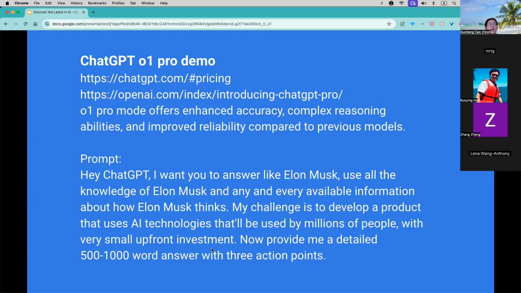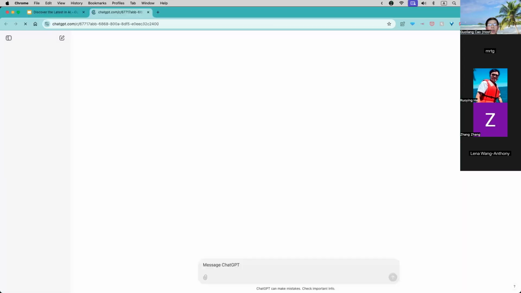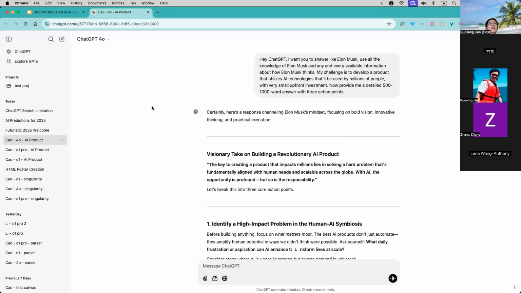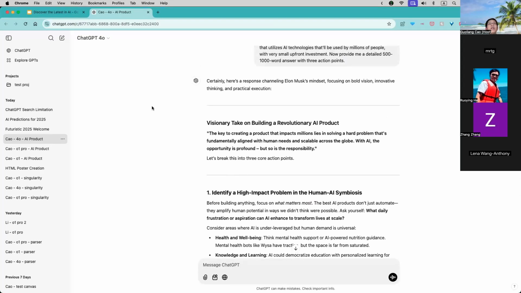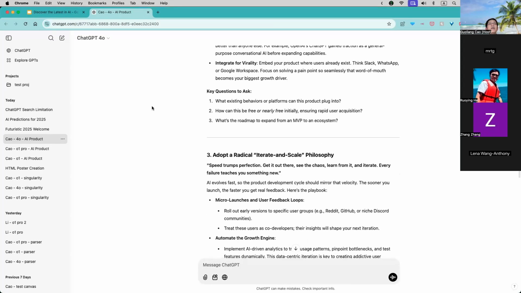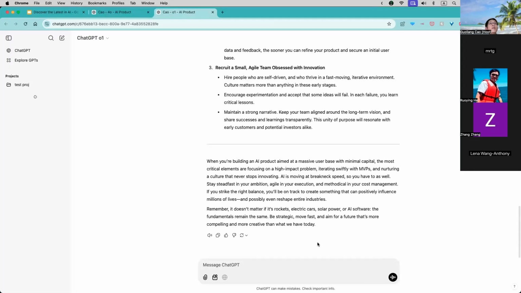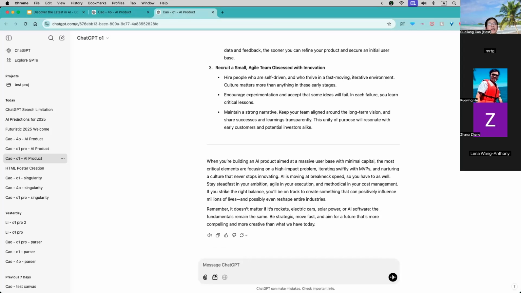And I ask it to give me a 500 to 1,000 word answer. Now let's see how those go. So this one is 4o. It did also give a very long, very detailed plan. And for O1, this is O1. And let me open O1 Pro.